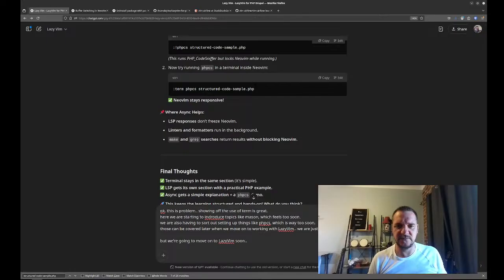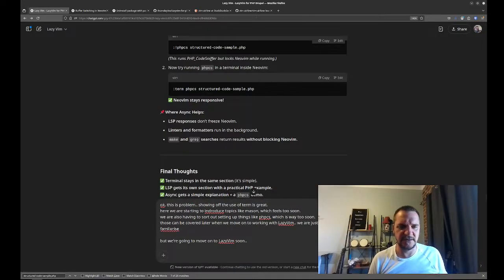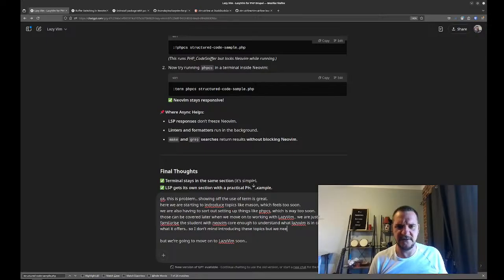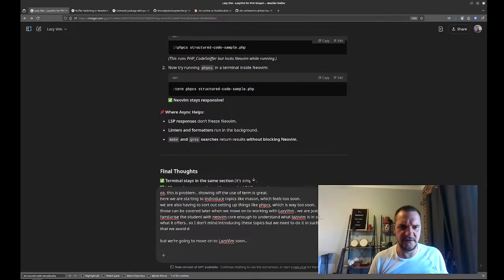We are just wanting to familiarize the student with NeoVim core enough to understand what LazyVim is in contrast and what it offers. So I don't mind introducing these topics, but we need to do it in such a way that we avoid a deep dive and needing to set up